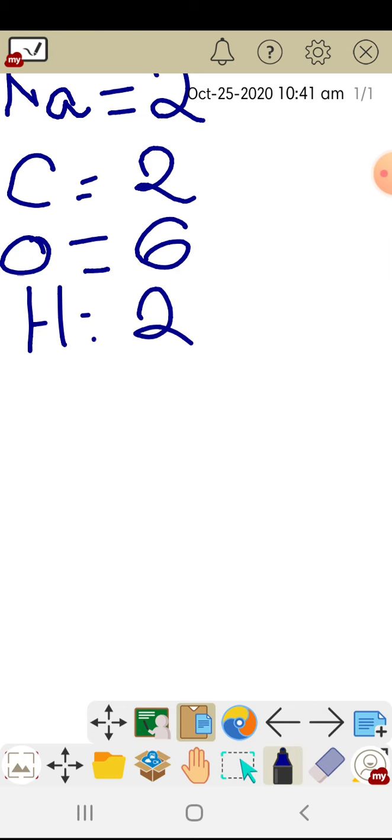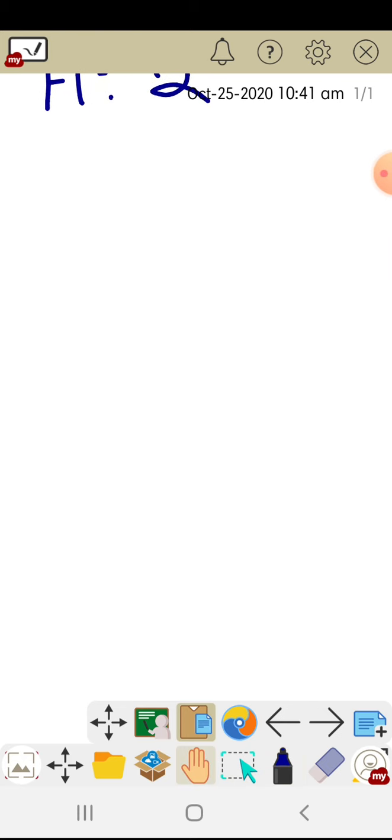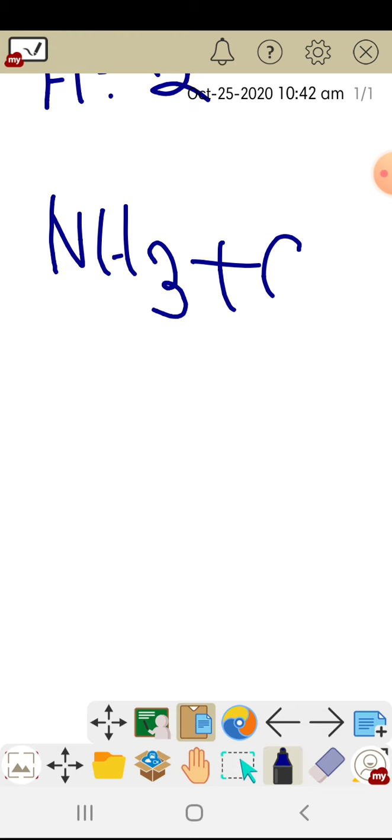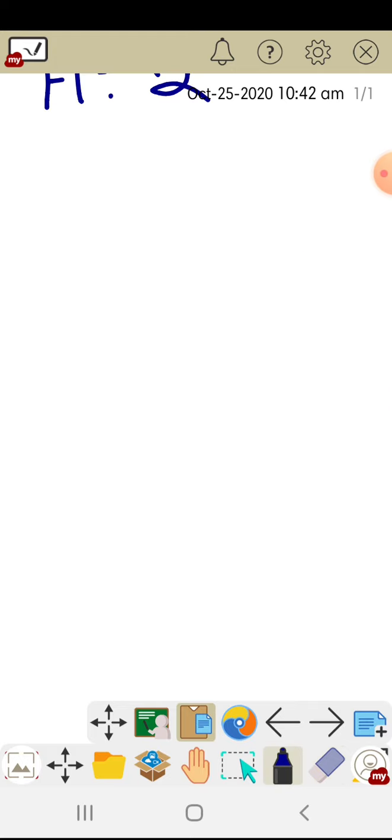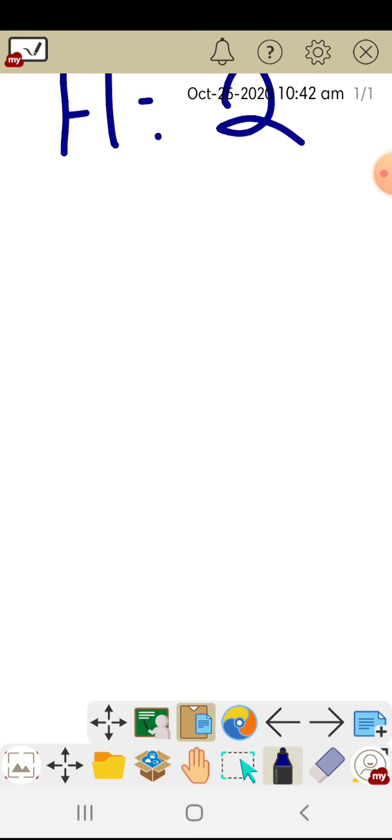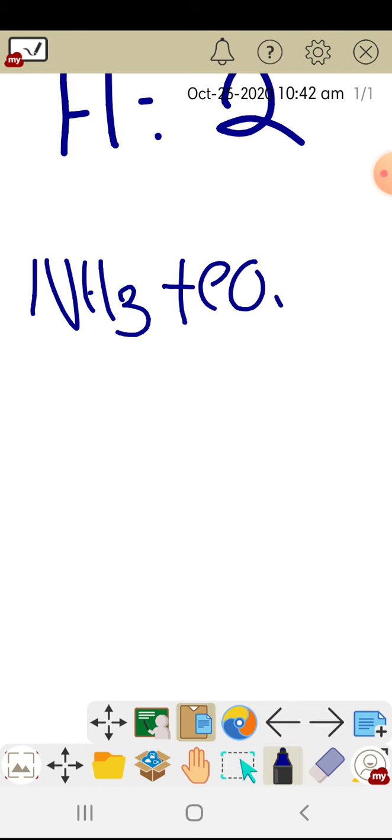Okay, so this is how you balance an equation. I am doing this example so that you understand the main part of this topic. Now there are many reactions which do not even need balancing, already pre-balanced, as I have already told you. Okay, let us do another reaction. NH3 plus CO2 arrow